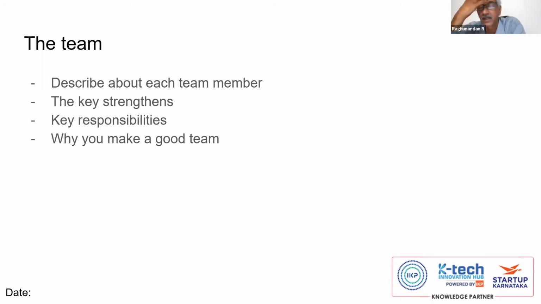So for each team member, why are you suitable? What are the strengths? Sorry, there's a spelling mistake there. What are the strengths of each of the team members? Please remember, any team should have complementary skills. One person cannot be good in everything. There'll be somebody who will be very good in finance, somebody good in marketing and PR, somebody very good in technology. So you need to highlight the strengths. Each team member will bring certain key strengths to the table. And that is very important